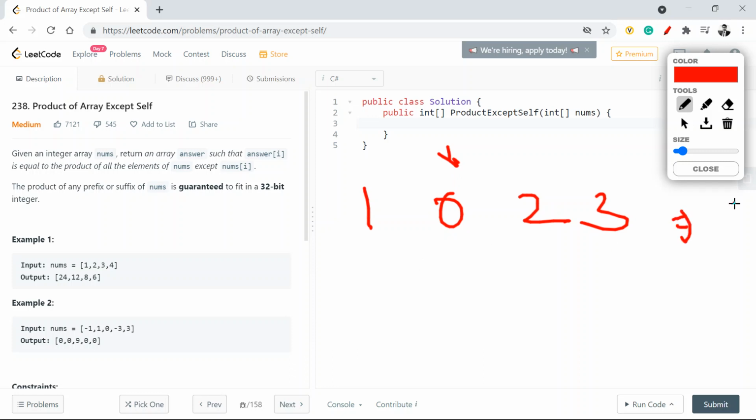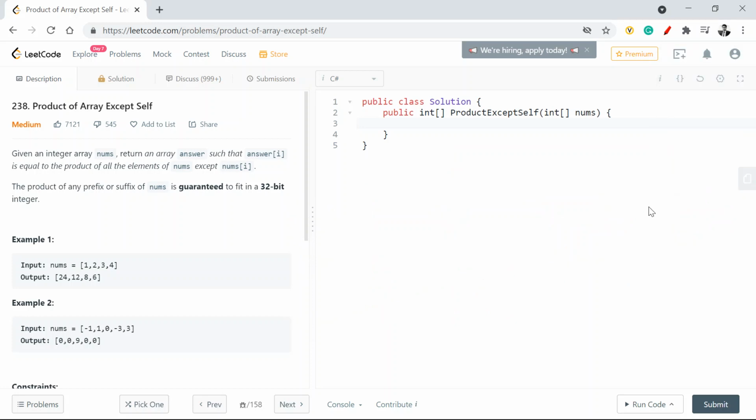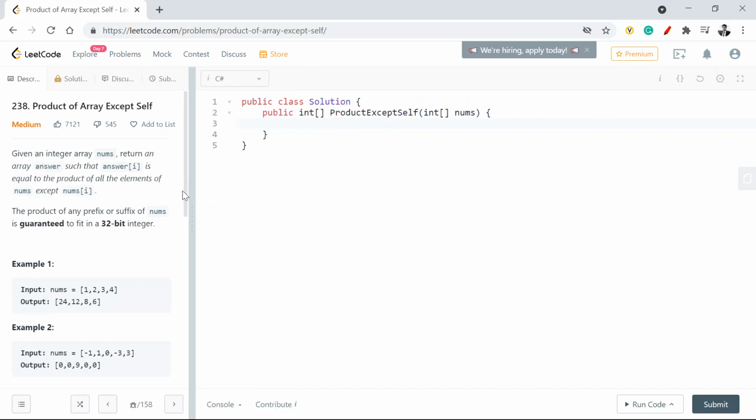That will be equal to 6 if I exclude 0, and all I need to do is except that 0, I'll mark everything else to 0 and keep this as 6, right? If I have more than one zero, I'll return everything as 0. I'll return default 0. These are the three conditions which we need to take care of when we are going with the multiplications. So with that, let's get on to the code, right?